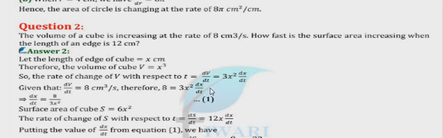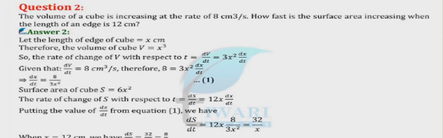Now the value of dV by dt is equal to 8, it is given. So 8 is equal to 3x square dx by dt. So here dx by dt will be 8 upon 3x square. It means when dV by dt is 8, at that time dx by dt was 8 upon 3x square, and this is the rate of change of its size. Everything changes with time, so at that time, at how much speed was the area also changing?